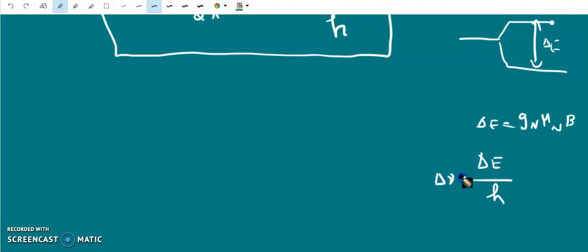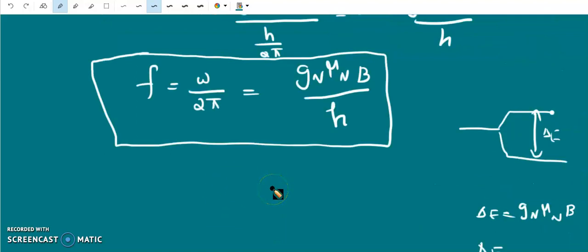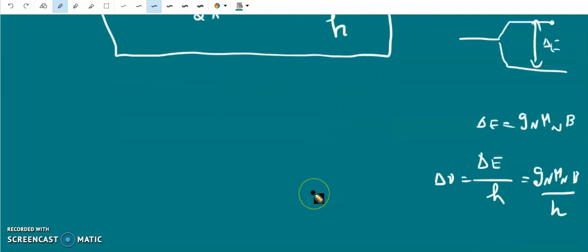Delta nu is delta E by h, which is g_n mu_n B by h. So the Larmor frequency is the same as the frequency separation between the energy levels. In terms of this, we can explain the resonance. So resonance occurs when the